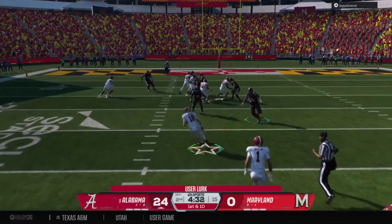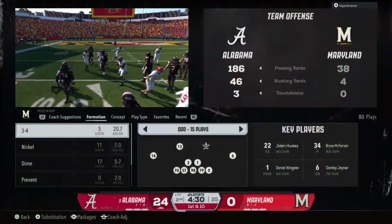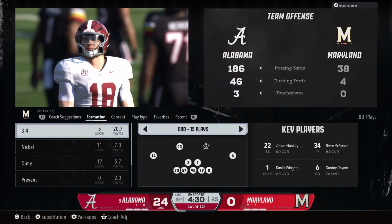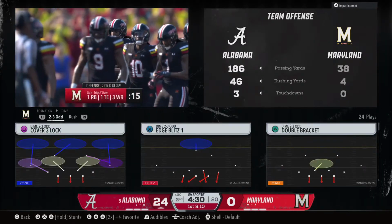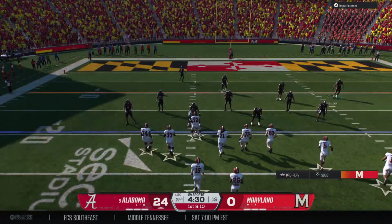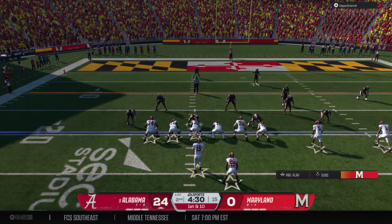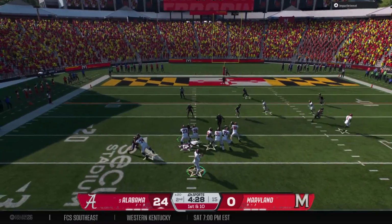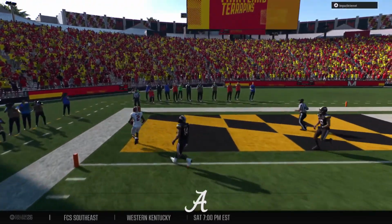Intercepted, and the defense has set him up. And he's wrapped up after a solid return on the pick. I tell you what, it puts you in a tough position when you're backed up inside your own 20 trying to come out. But when you're a defense and you can force a turnover and you already set your offense up in scoring position, they are going to be extremely happy, and that offensive coordinator is going to look extremely...